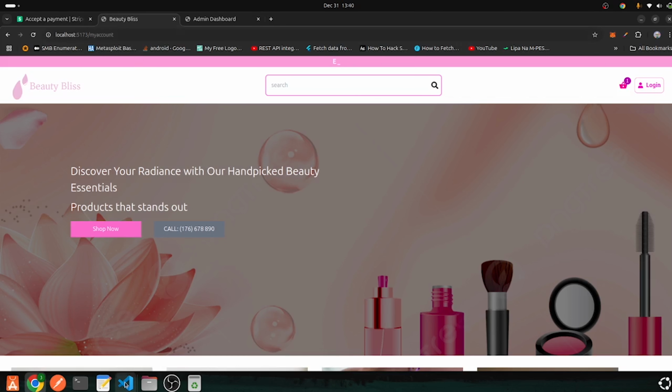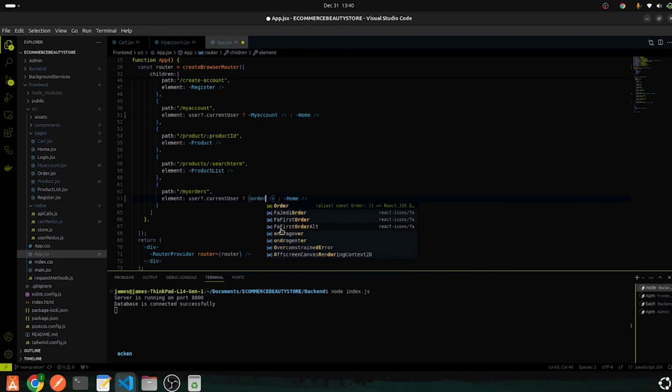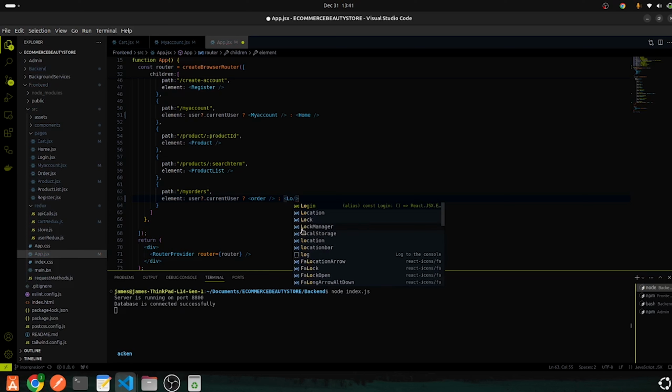And we can do that for various pages, for example. So I'm going to copy this for another page like orders. We should not be able to see orders if we are not logged in. So I can show order here, and if you need to see orders, if you have not logged in, then you'll be redirected